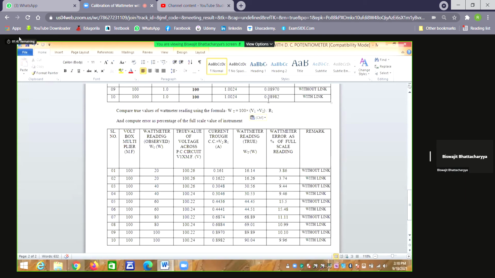And the formula you use, you have to write it here. But don't use the terms compare or compute, because you are not instructing anybody to do anything. You simply write what we are reading, WT equal to this. That's all. Don't write compare, compute, illustrate, describe, because you are not instructing anybody.